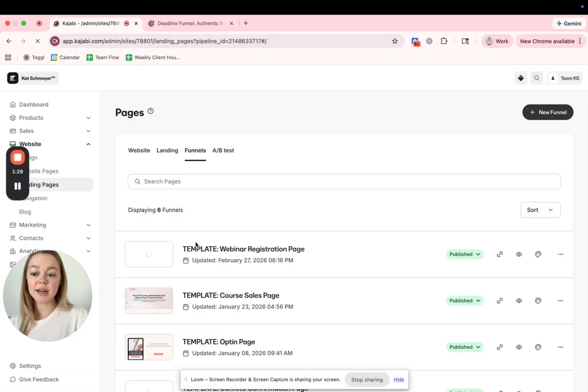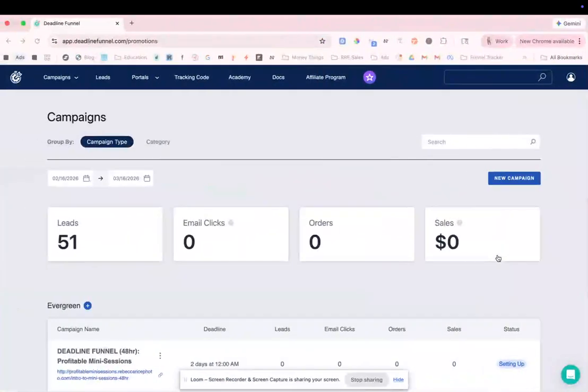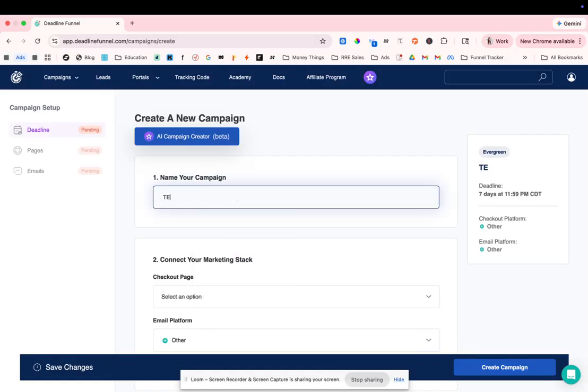Okay, so I've decided that I want the code to be on my webinar registration page. That way there's a true countdown on that page. So this is the URL. I'm going to copy the URL for it. Now I'm going to go log into Deadline Funnel and get the whole timer set up. So once I'm in here, I'm going to press new campaign. And then I'm going to walk you through me setting up a test